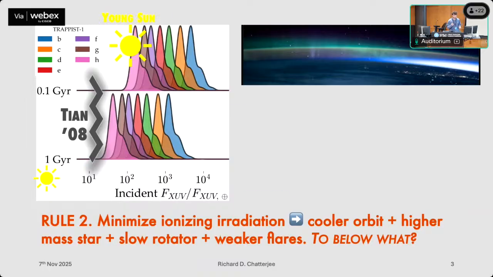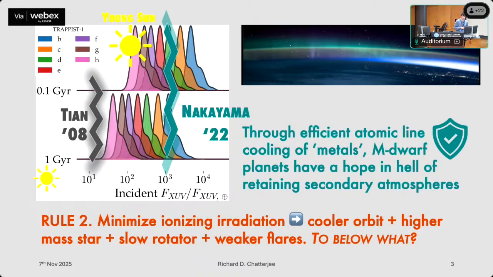But in 2022, after the launch of the James Webb Space Telescope, Akifumi Nakayama showed how electron impact excitation of the low-lying excited states of atoms can really efficiently cool an upper atmosphere. And so they revised this estimate for hydrodynamic outflow to 1,000 times present Earth levels of irradiation. It's through this efficient atomic line cooling of metals that M-dwarf planets have a hope in hell of